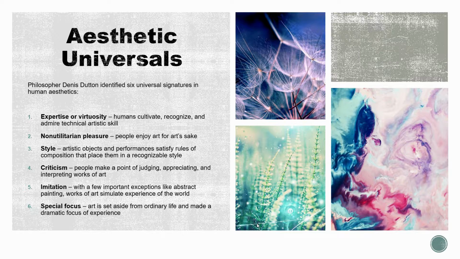Imitation, with a few important exceptions like abstract painting. Works of art simulate experience of the world so people can relate to it. Special focus, art is set aside from ordinary life and made a dramatic focus of experience. So these are different types of universal signatures of human aesthetics, reasons why we might connect to different types of